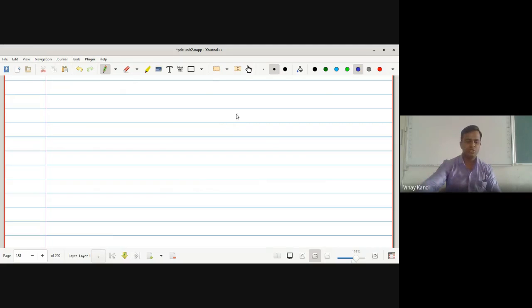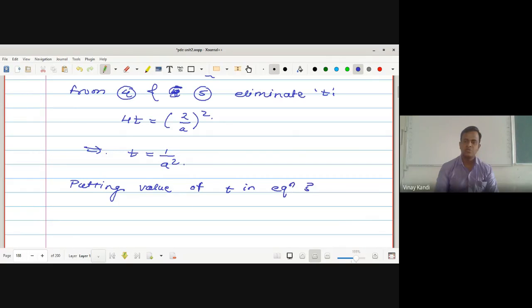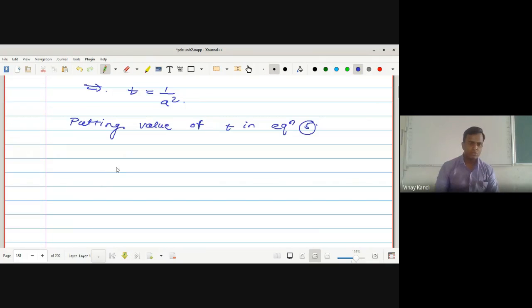So we put at plus b is equal to 2 upon a. Okay, so here we get 4t is equal to (at plus b) means (2 upon a) bracket square. That implies t is equal to 1 upon a square. Now putting the value of t in equation 5, this equation. Okay, so here we get 2 is equal to a upon a square plus b, which is equal to a. So that implies 2 upon a is equal to 1 upon